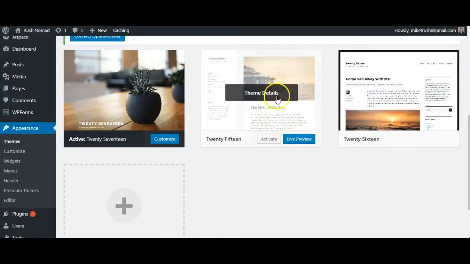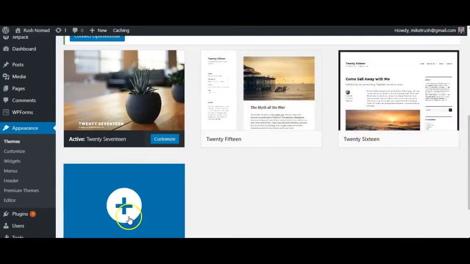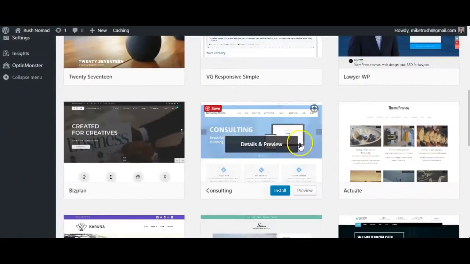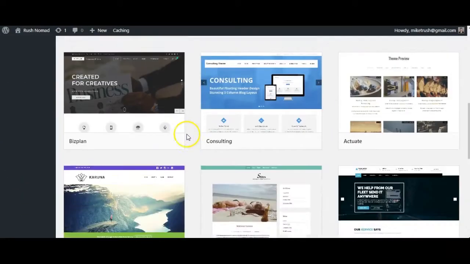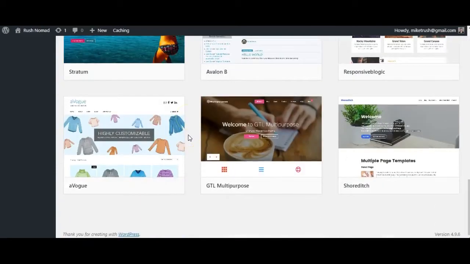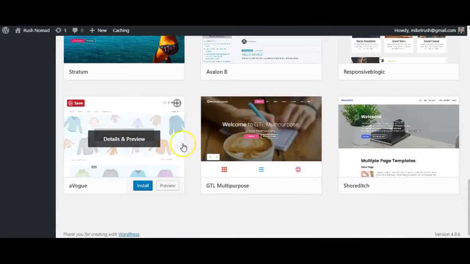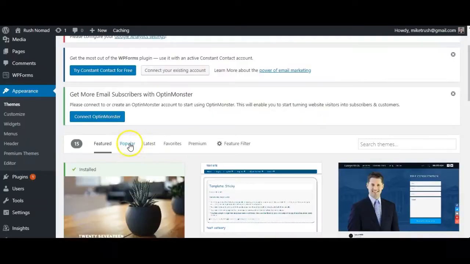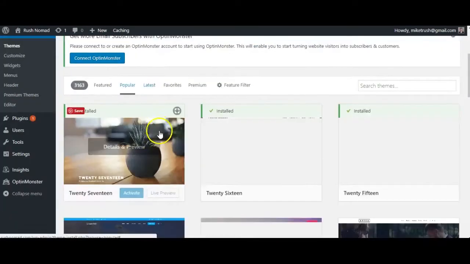So here are some of the generic ones, 2015, 2016, and then you can go to add a new theme as well. And so right away there's some different featured themes that are going to give you a great layout and really easy to use. So we'll just take a quick look at these. But again, right away you can jump into some pretty up-to-date themes that'll give you good navigation and just a good overview of a site.